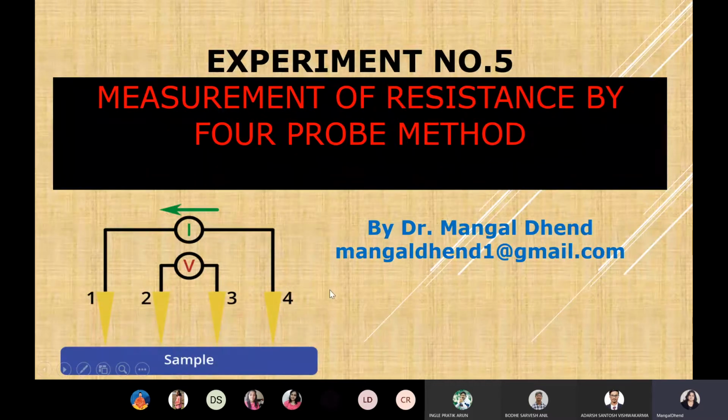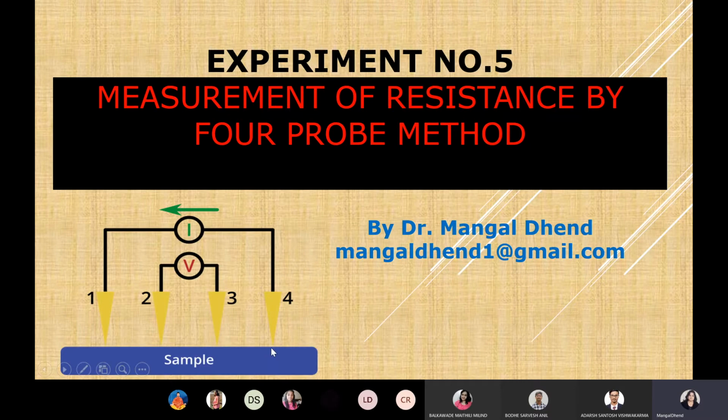So why are 4 terminals required? Suppose the method is the voltmeter and ammeter method. You can see in this picture the voltmeter and ammeter method. If you want resistance, it is very simple: you measure the voltage across your resistance and measure the current passing through the resistance. And V by I will be impedance Z when you give AC supply. So in AC, you will get V by I as impedance, but in DC, you will get V by I as R.